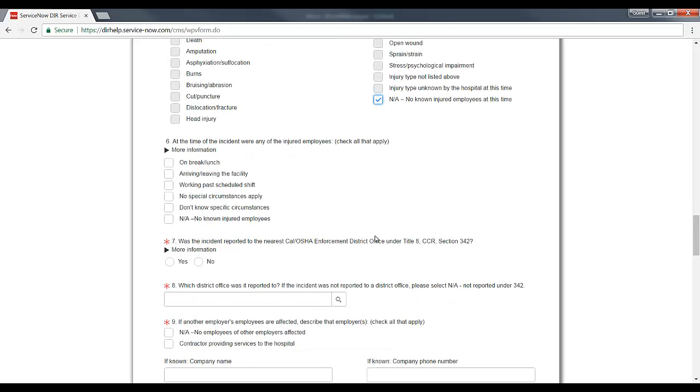At the time of incident, inform us whether any injured employees were on break, lunch, arriving or leaving the facility, or working past their scheduled shift. Check all that apply. If none of the conditions apply, check here. If you don't know, check Don't Know Specific Circumstances. If there are no injured employees, check here. If you check No Special Circumstances, Don't Know, or NA, No Known Injured Employees, any other boxes that are checked